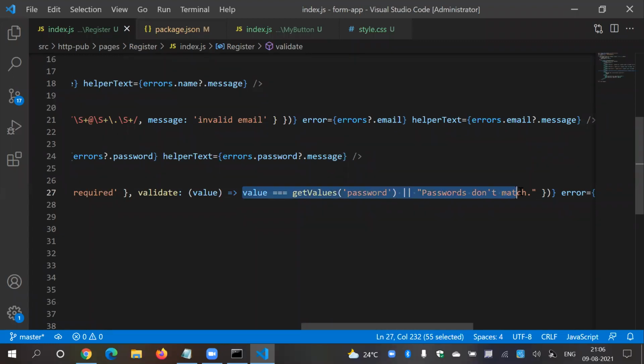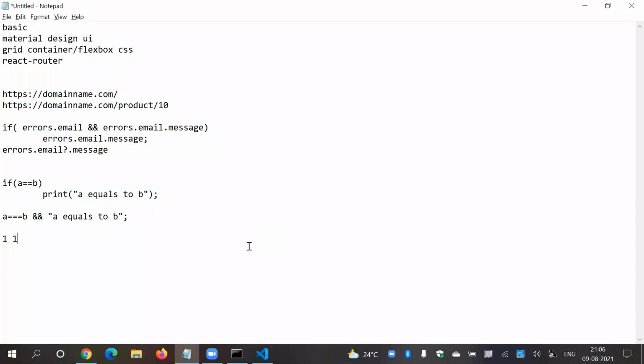So what does this mean? This is very interesting. Let's try to debug this. Okay, this is a favorite interview question actually. So this is or. Or means either one of them must be true, either 1 0 or 0 1. If it is true, it is not going to check whether the other is true or not. So if it is true, it will not execute this part. This means if confirm password and password are the same, it is not going to show this message because this condition is already true, right?